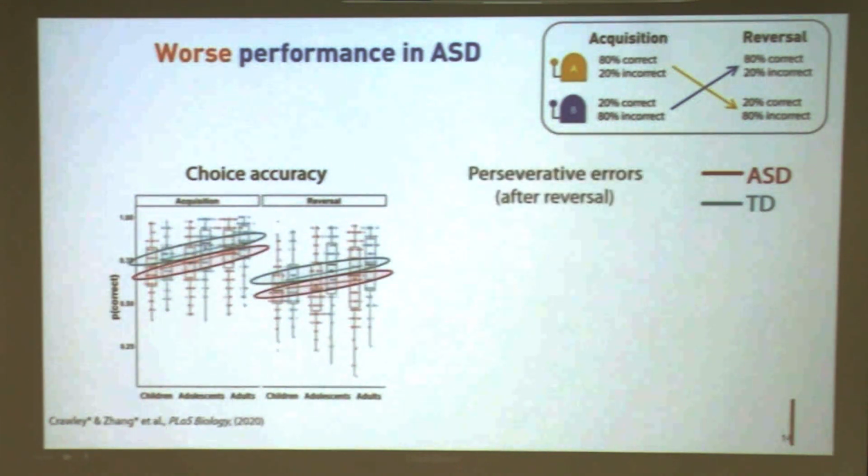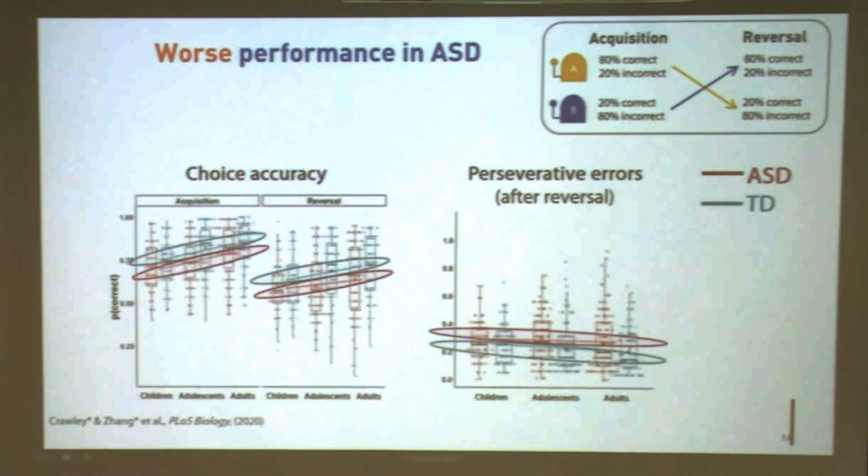The second analysis is something called the error, the mistake after the reversal. So only after the reversal, how often, even though in the environment the blue one is the better one right now, individuals are still choosing the previously better one, the yellow one. So in a way, they get stuck. Even after the reversal, I choose yellow, I get a loss, this is about probability, I still choose yellow, I get another loss, this is about probability, I didn't really realize there's a change in the environment, so I get stuck. So this is the analysis.